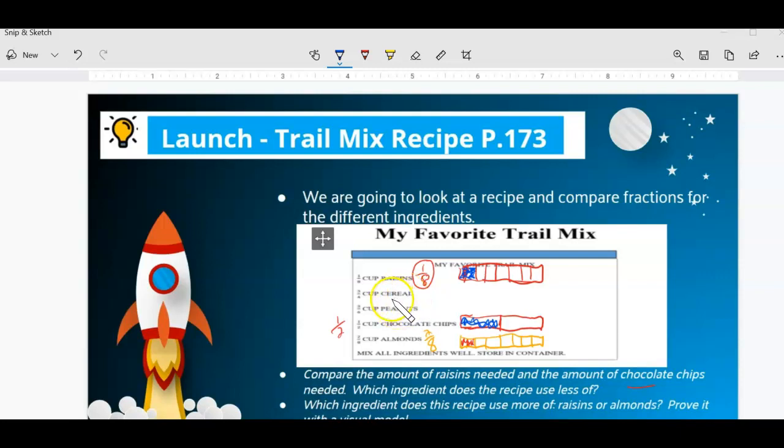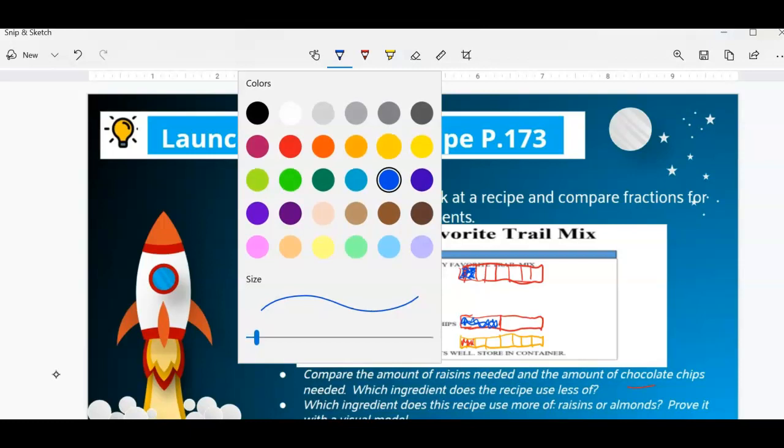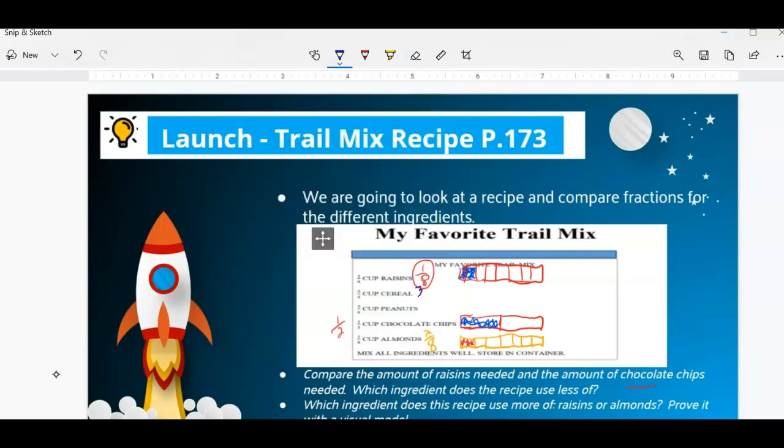Compare the cereal and the almonds. So cereal 3/4 cup, and almonds again 2/8. So cereal 3/4, almonds 2/8. So for the cereal, which is 3/4, now I'm going to go ahead and use the same